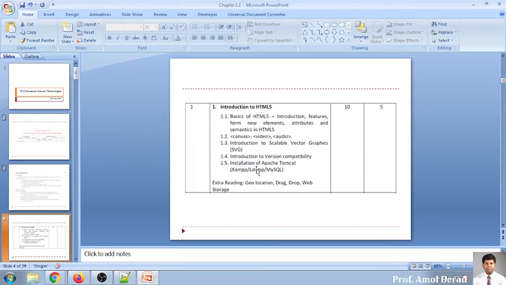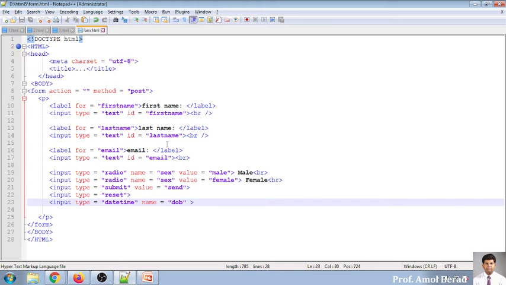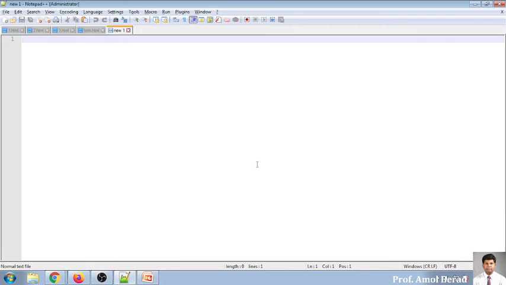So before entering into HTML5, we need to refresh some basic things which were covered in HTML. I think in undergraduate, HTML is already covered. Does anyone remember how HTML is? Has anyone used HTML in their regular life or in your undergraduate? Yes. Can you name some tags which you have used previously? Sir, anchor tag, link tag, page, br tag, div tag.